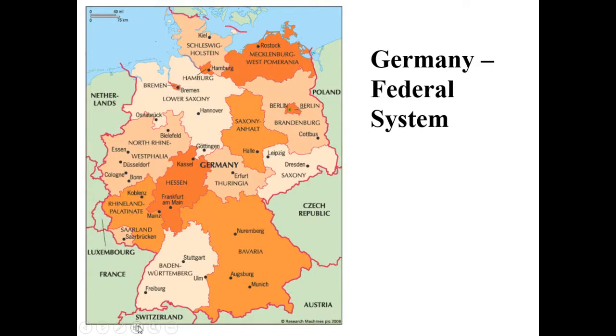East Germany was formerly the German Democratic Republic. That was the communist state, right? West Germany was the German Federated Republic. And when they merged, it was just the German Federated Republic. So they have states in Germany, right? Just like we have Texas and New Mexico and Arizona, they have Bavaria and Hessen and Westphalia.